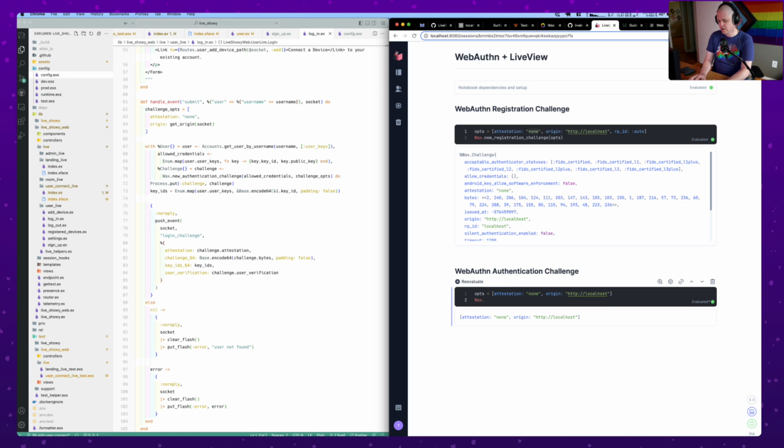Actually, I need to, let's see, new authentication challenge, opts. Okay, so before I get to this step, I actually need to complete this step and get an actual key ID and public key, so that can be passed into